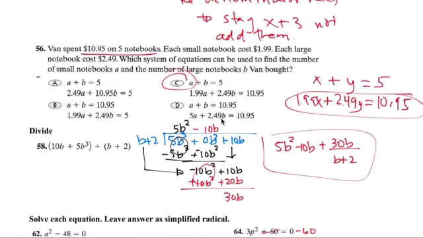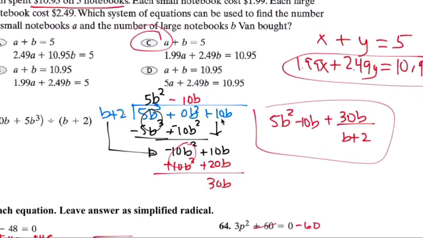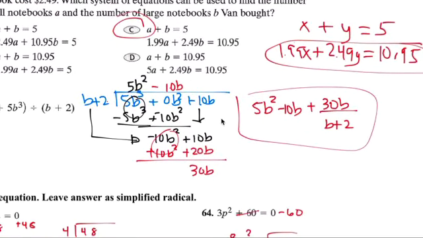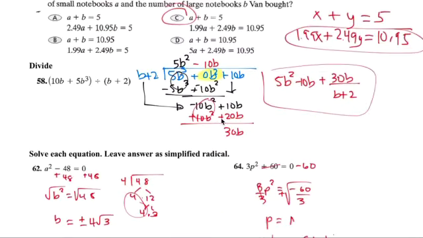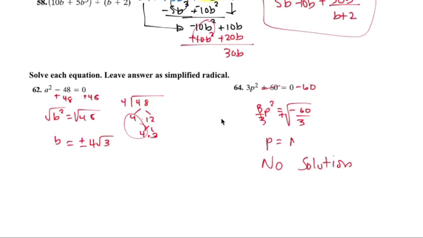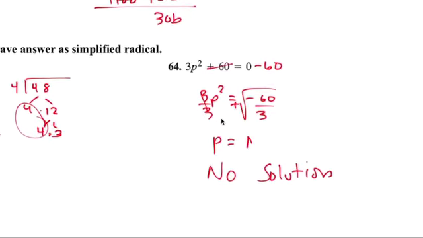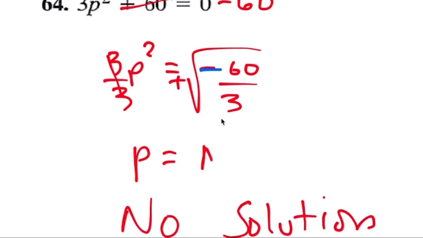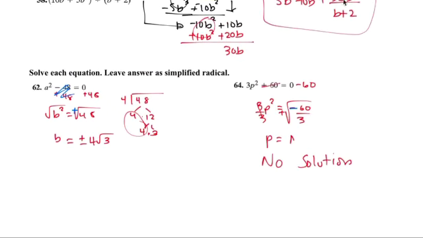There's the answer. The only way to divide this, I tried dividing, putting on bottom, it doesn't work. The only way to do this is to do long division. Okay, make sure you put the 0 in the middle, otherwise you can get in trouble. Several of you did that on your test. Okay, and then factor it out, make 0 there. Square root is a plus or minus. Okay, factor. Okay, and this is automatically no solution because it's negative. Okay, and that's how you do those. Hopefully that